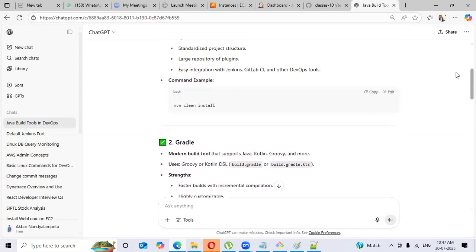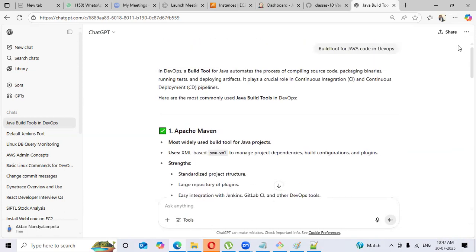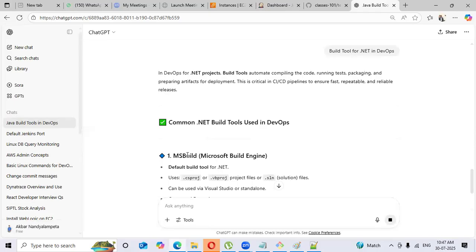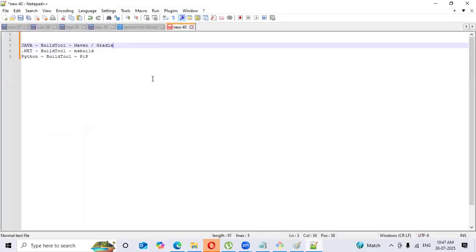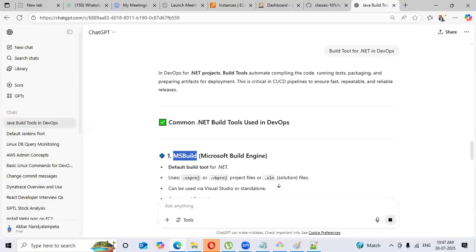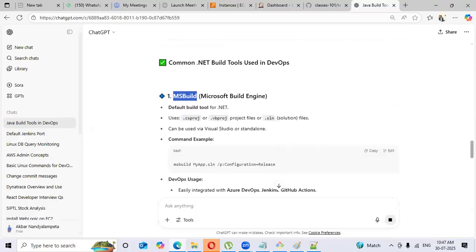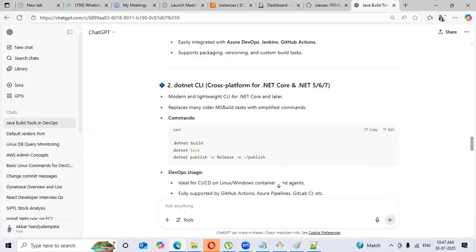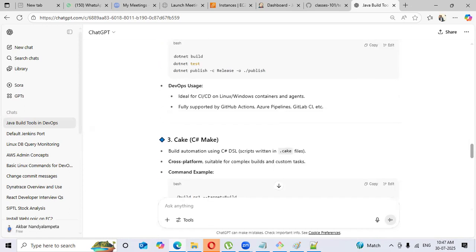Now we'll ask the next question: build tool for .NET in DevOps. MS Build. So MS Build is the one I have mentioned. MS Build is the Microsoft Build Engine. So this is used for .NET code. What is it used for? Is it some sort of